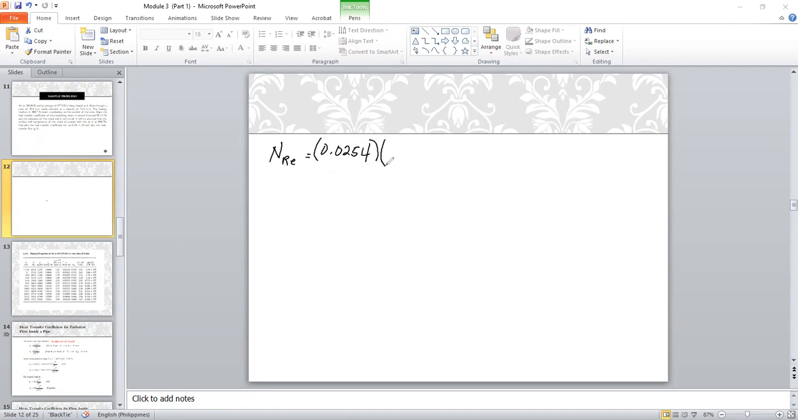For the velocity, the problem gave us that the velocity is 7.62. And for the density, we just got it a while ago, 1.509. And we divide it by the viscosity that we just read, this one. In the next slide, I will show it again later, which is 2.60 times 10 raised to negative 5. Now, this will give us a Reynolds number equivalent to